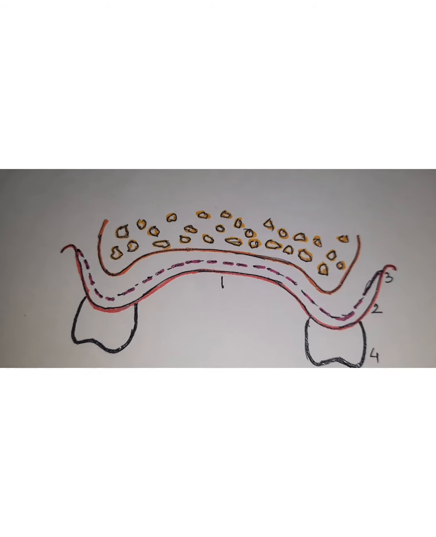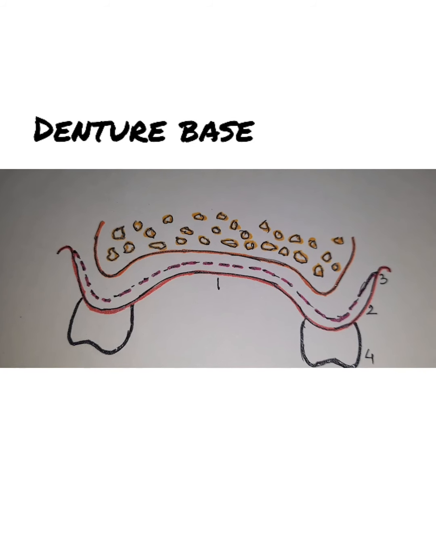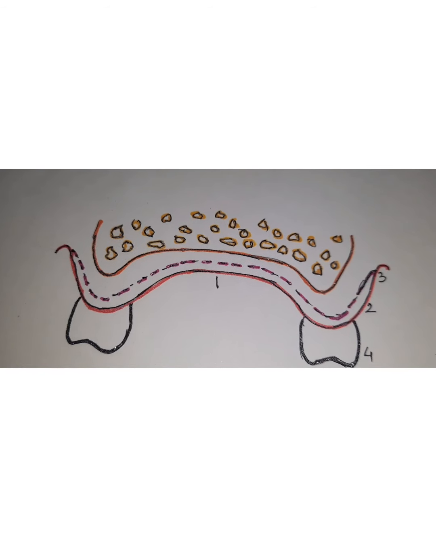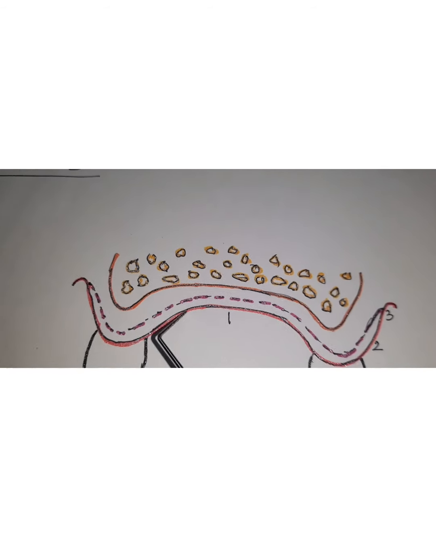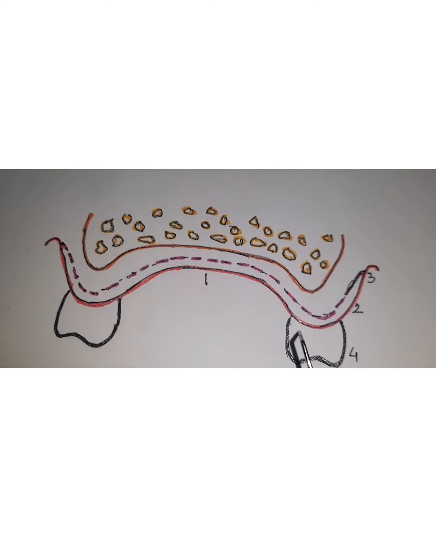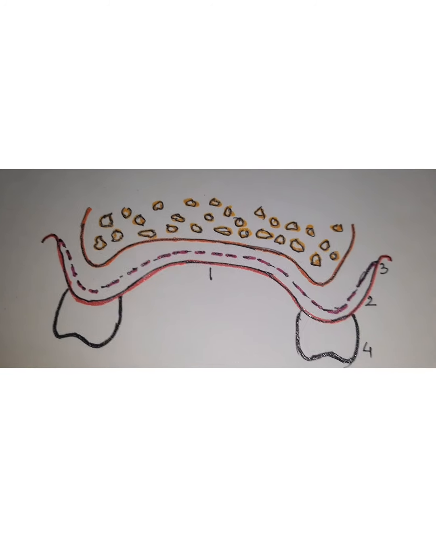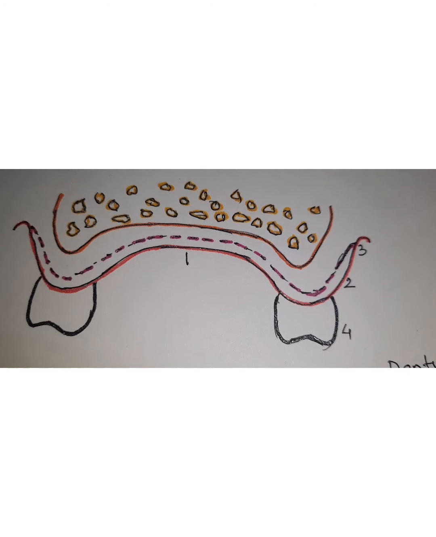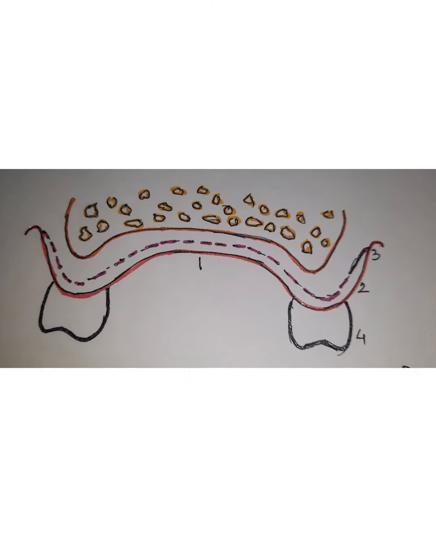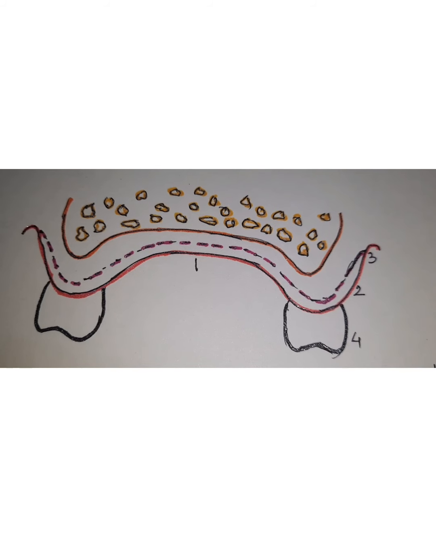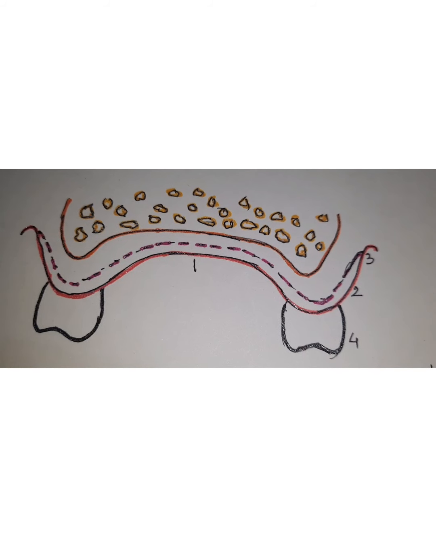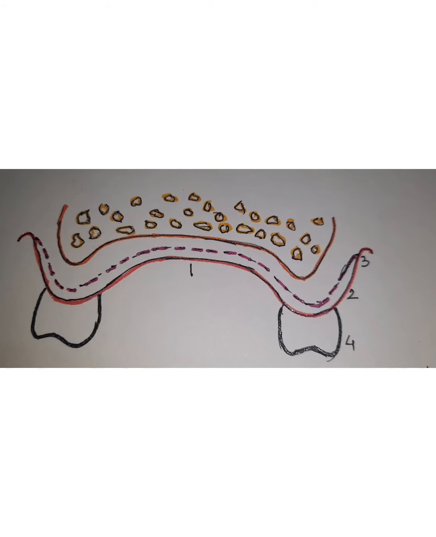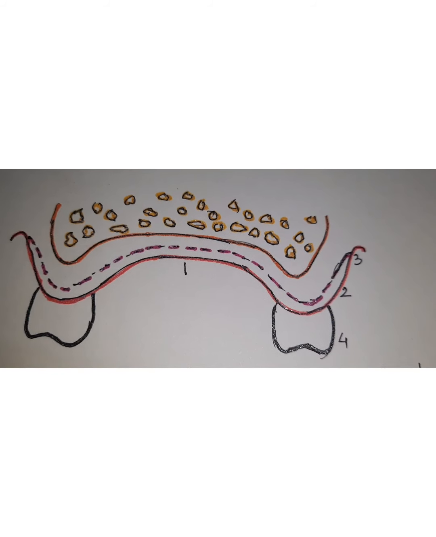First, the denture base. Now by definition, denture base is that part of the denture that rests on the foundation tissues and to which teeth are attached. So if you can see here, this is the denture base and you see the teeth which are attached to the processes. It is that part of the denture which rests directly over the oral tissues, as we have just seen in the definition, and to which teeth are attached, which help in restoring the natural appearance of the